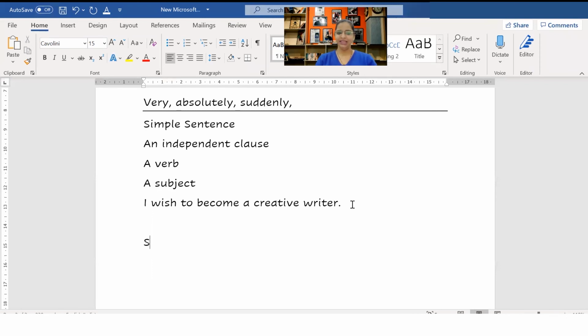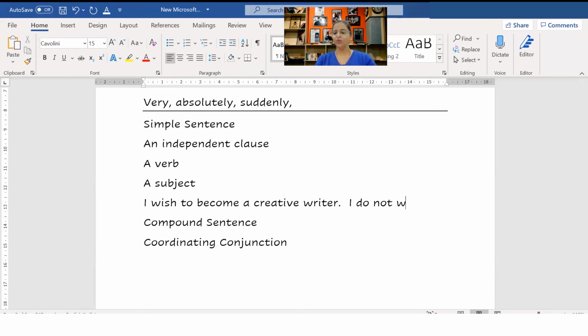Okay. And then the next thing is called the compound sentence. A compound sentence is when you join 2 simple sentences with a coordinating conjunction. Supposedly I write that I wish to become a creative writer.